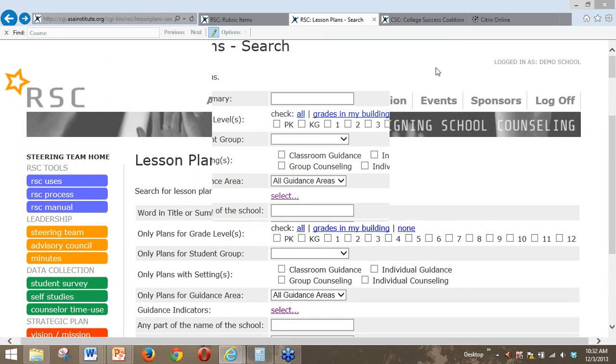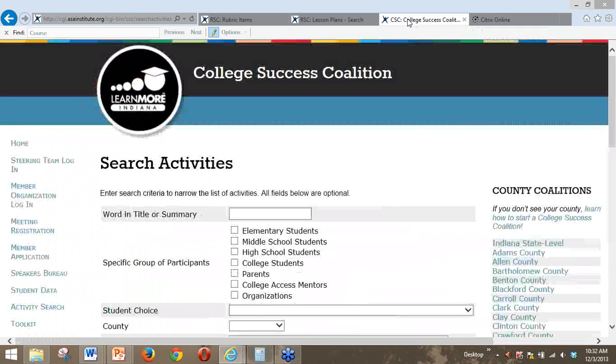Let's say that somebody on your advisory council says, our organization could help out with that. Maybe they're the public library. What could they do? If I go to the other link that's listed in that memo, this is an activity database for guidance activities that are being implemented by community organizations participating in the College Success Coalition initiative that we facilitate on behalf of Learn More Indiana.